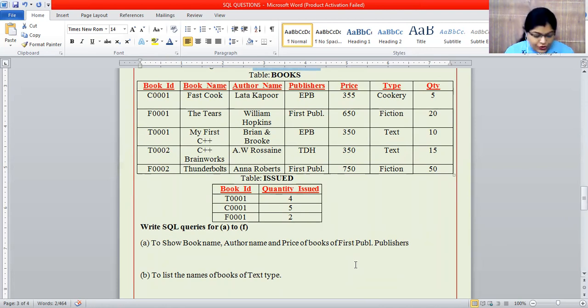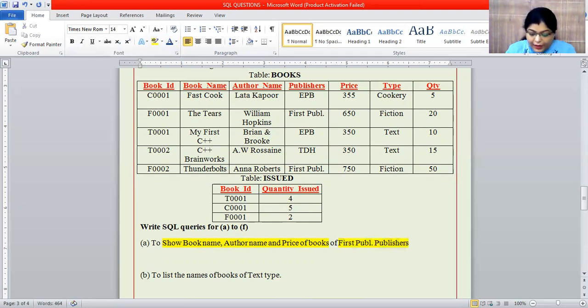First question, to show book name, author name, and price of first book publishers. So what do they want? These 3 things. And what is the condition? The condition is that it should be a first publisher.